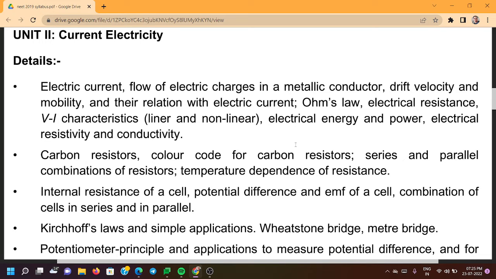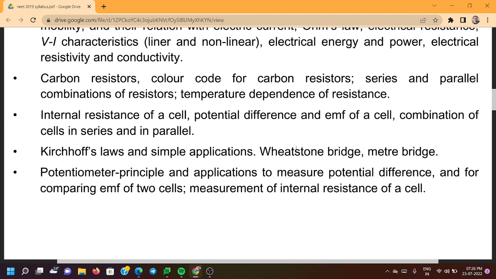Electric current, flow of electric charges in a metallic conductor, drift velocity and mobility, and their relation with electric current. Ohm's law, electric resistance, VI characteristics, linear and non-linear, electrical energy and power, electrical resistivity and conductivity, carbon resistors, color code for carbon resistors, series and parallel combinations of resistors, temperature dependence of resistance, internal resistance of a cell, potential